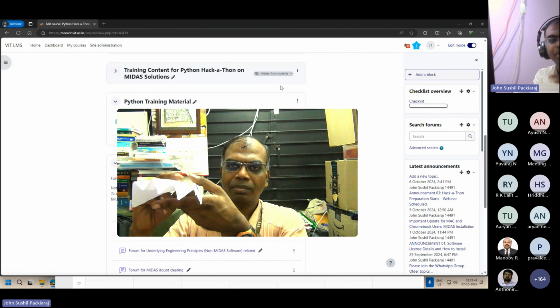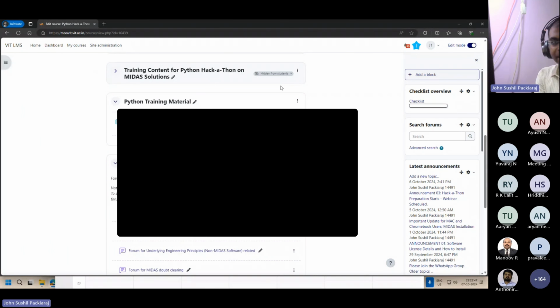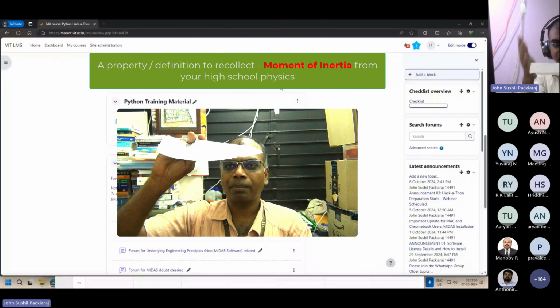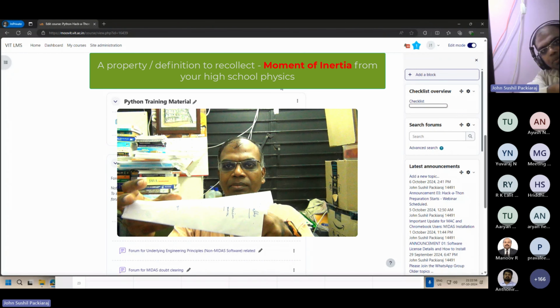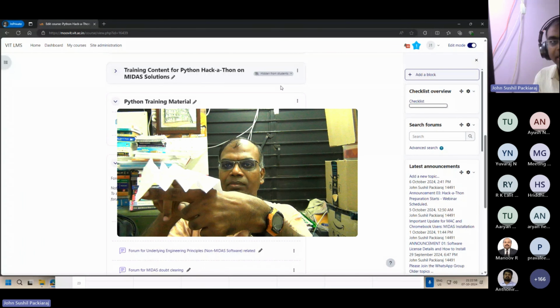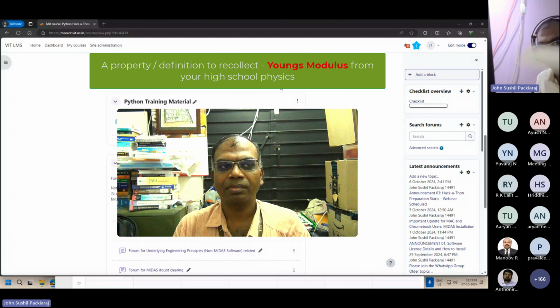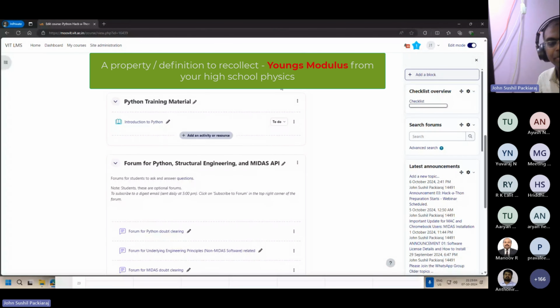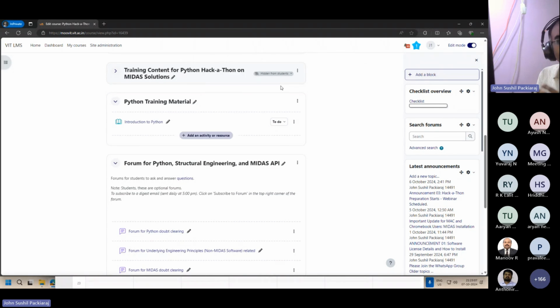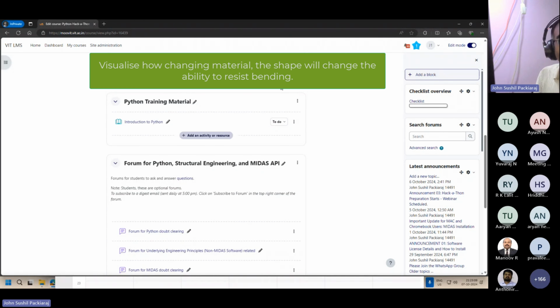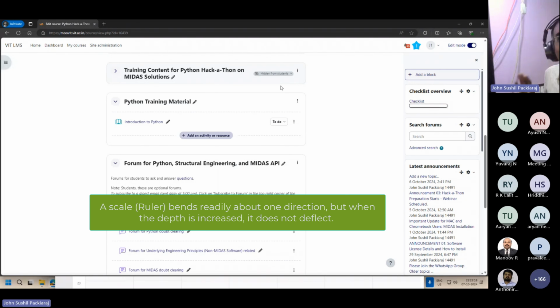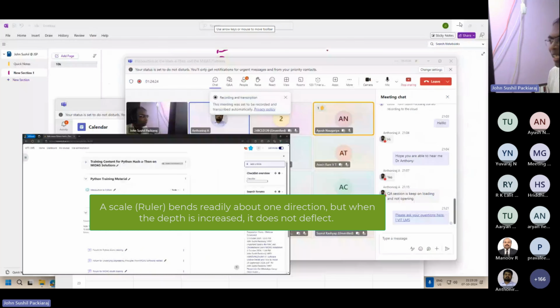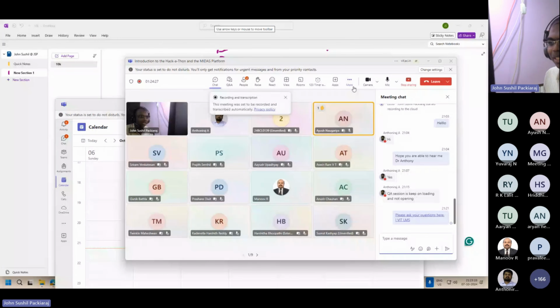So for example, what I essentially did over here is I increased the moment of inertia of the section. If I'm going to increase the depth, you'll find that it is going to bridge a longer distance. Again, I can change the property of the material. Instead of using a sheet of paper, I could use a sheet of metal. The value of E, or Young's modulus as we call it, increases, which is again a property of the material strength. I know you would have heard of all of these terms, and this is what we are going to do in this entire hackathon. So we are going to play around with these values.